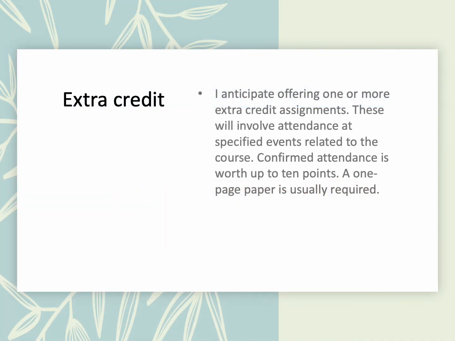The extra credit, we have lots of events, lots of stuff going on in the political science department. I'll often put those on the list if I think they're things that you would understand and enjoy. The university has events, and who knows, there may be a number of different opportunities, speakers, etc. Normally, I give you up to 10 points, and normally what you'll do is turn in a one-page paper, confirmed that if we can confirm attendance, we will. That is, if there's a sign-in sheet or something of that sort.